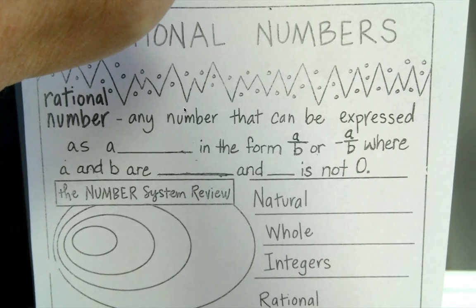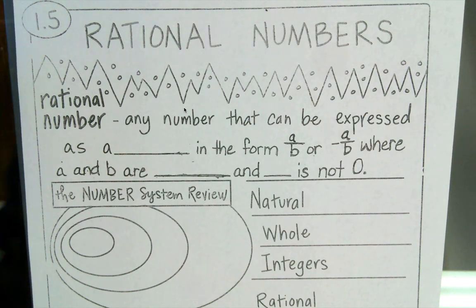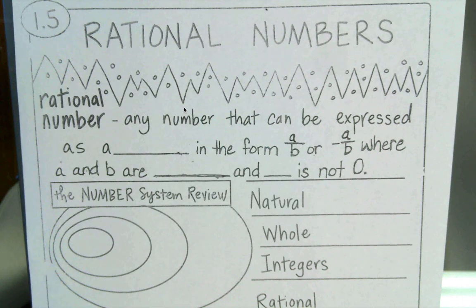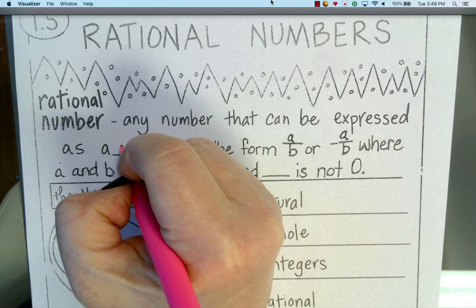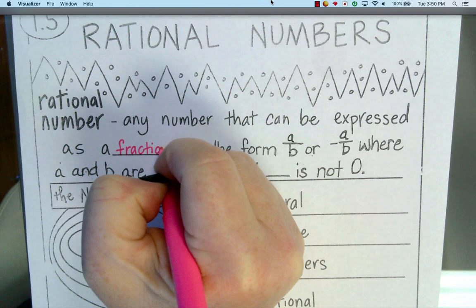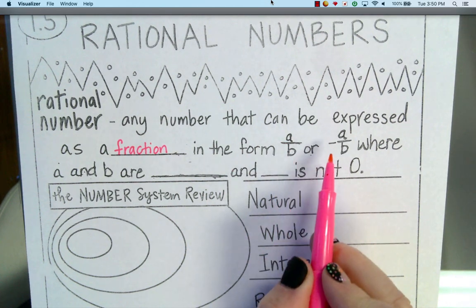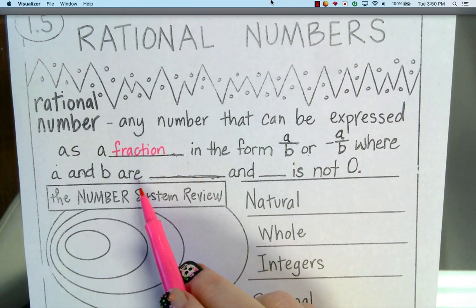That's better. Okay, so we are in our new unit. We are talking about rational numbers. There's all kinds of numbers. We're going to break down our rational numbers. So, starting with rational numbers, our definition says any number that can be expressed as a fraction in the form a over b or negative a over b, because we're going to be talking about negative numbers, where a and b,